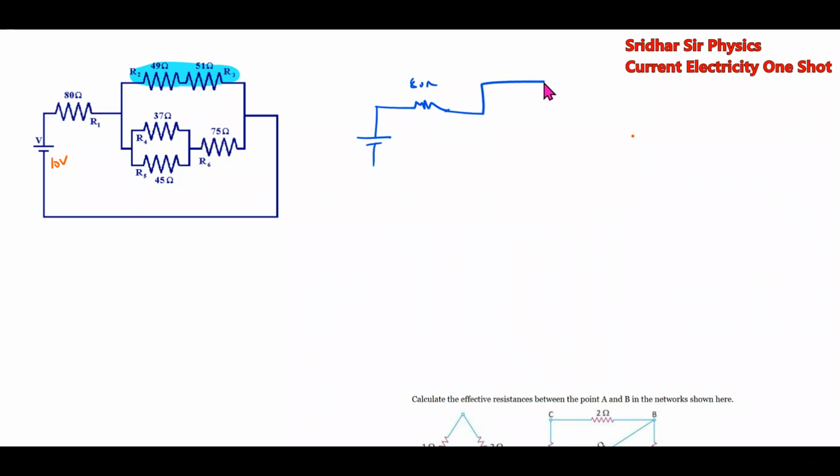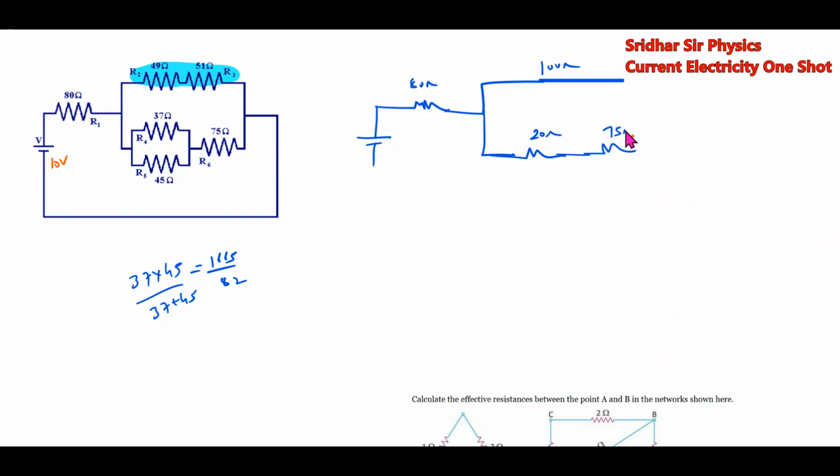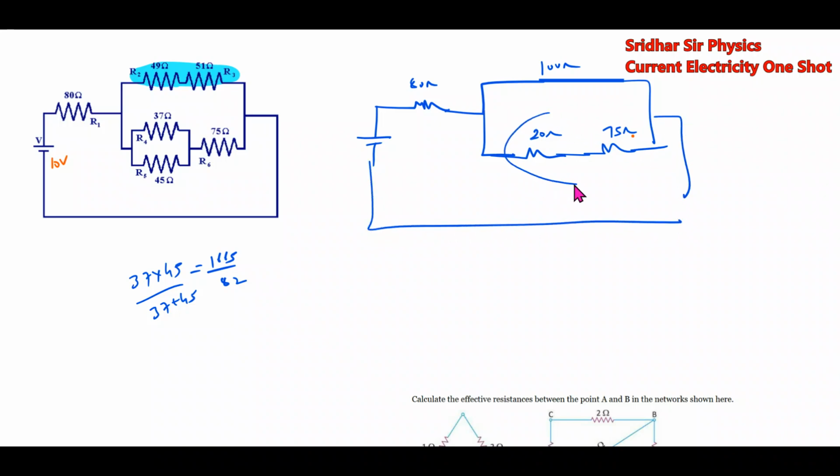80 ohm, 100 ohm, these two, 37 into 45. This will be the effective of these two. It will be 20 ohm approximately, and this will be 75 ohm. I think now you can manage. These two, how they are, they are in series. So the further effective circuit will be